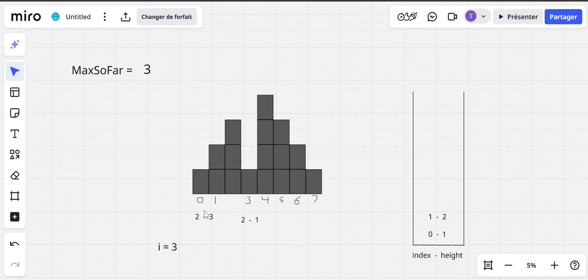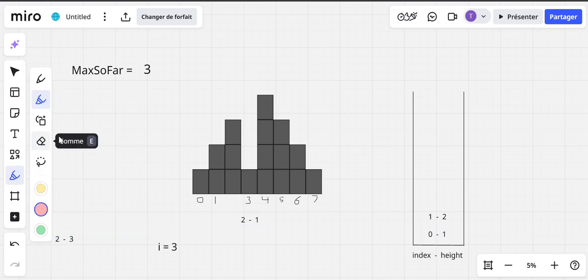The reason is that you can see that at our index 3 we are able to keep pushing our rectangle to the left. Okay, so it means that when you have a left tower that is greater than your right tower, the left tower can count for the beginning of this rectangle. Okay,